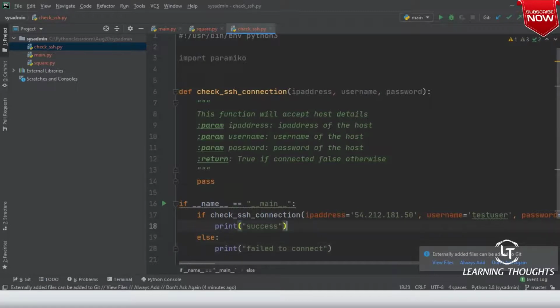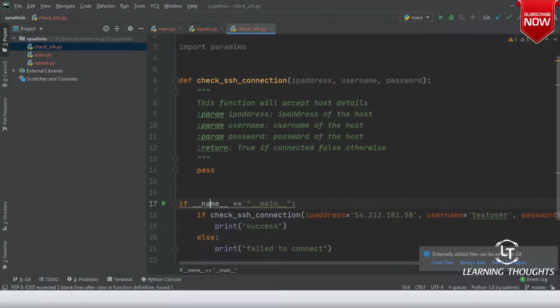Simple, yeah. And let us try to reformat this. Okay, right. Now